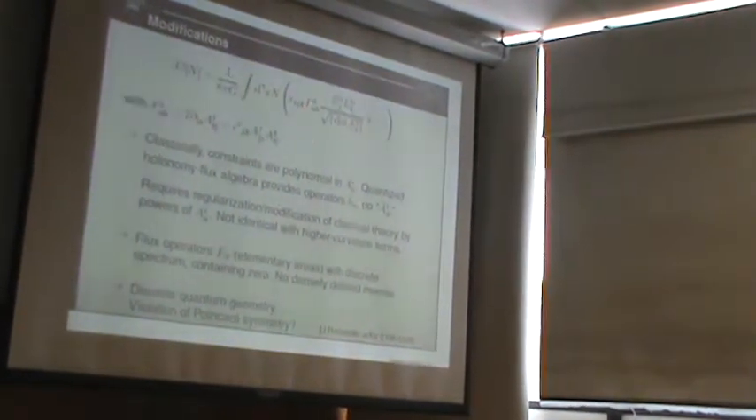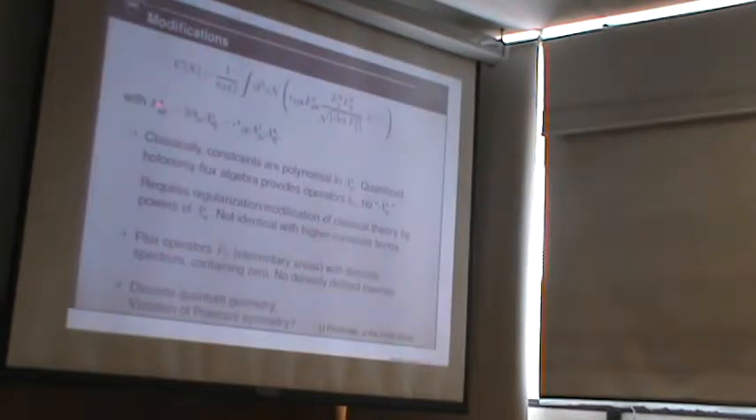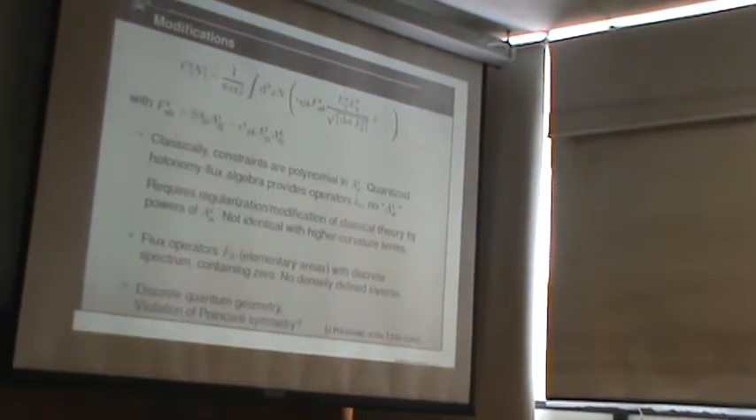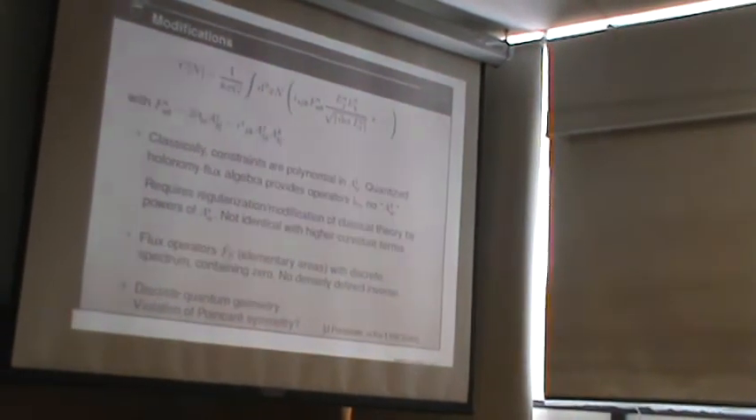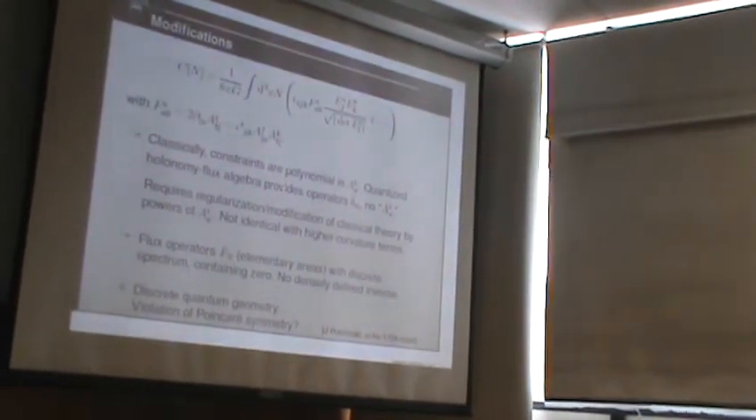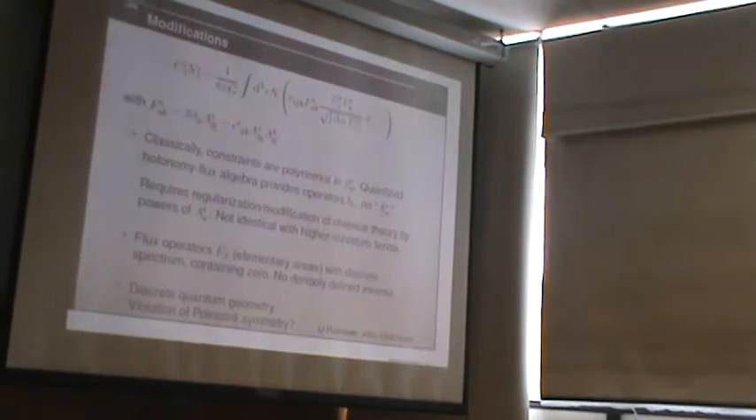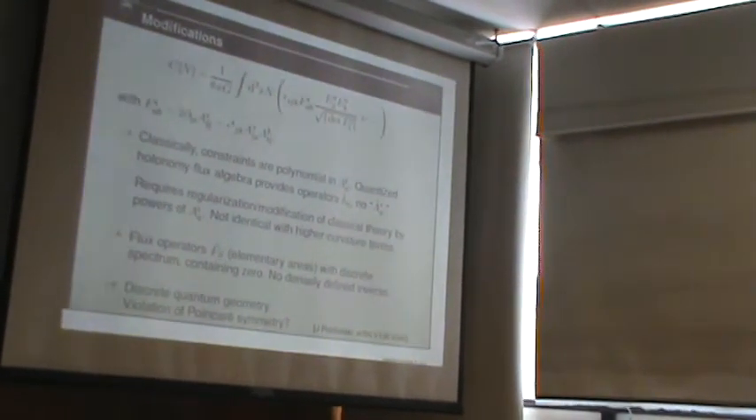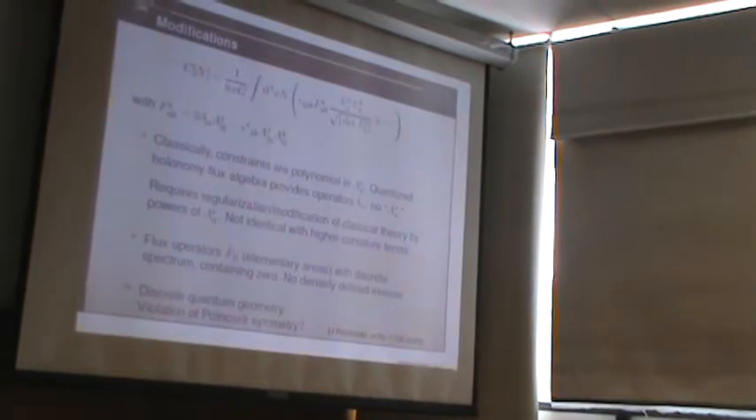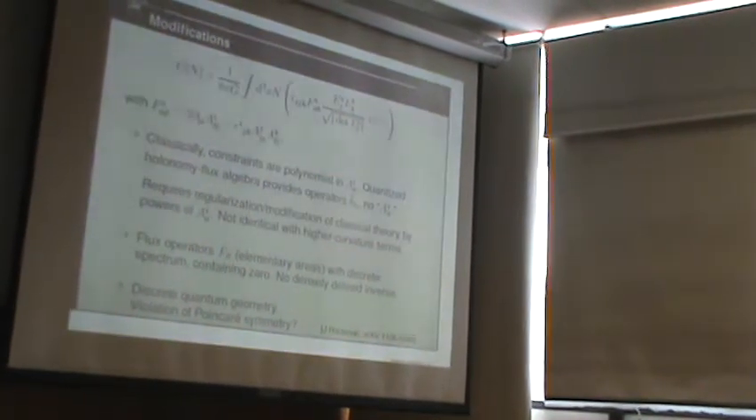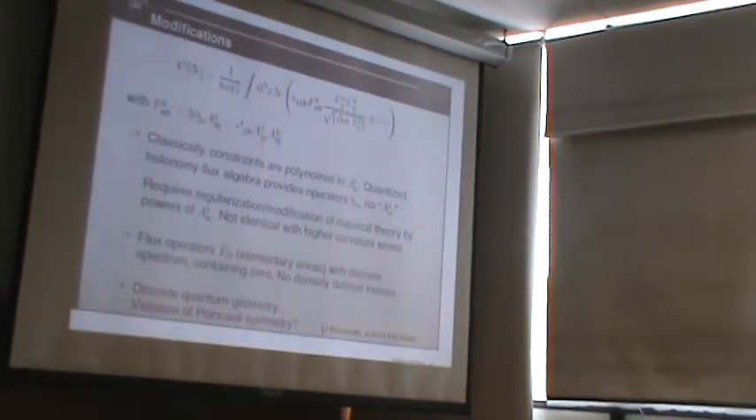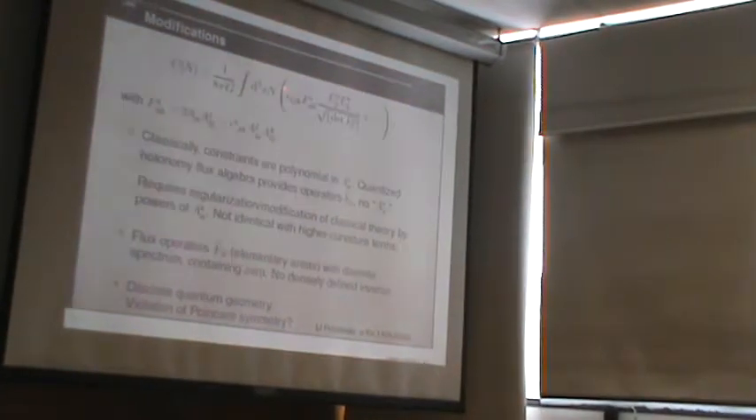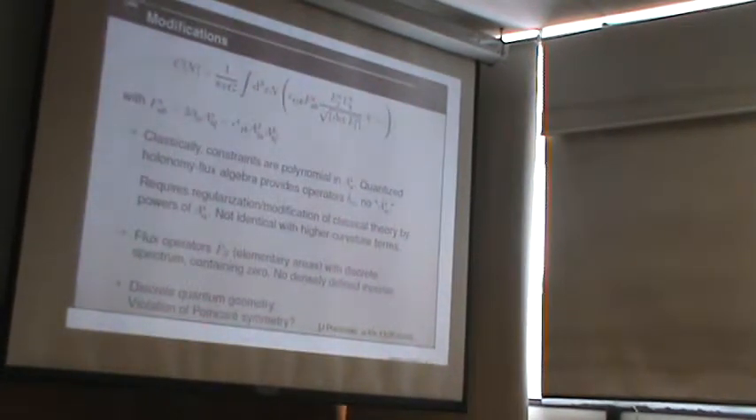So classically, it's quadratic in the A's. It's non-polynomial in E, but quadratic in A. But we need exponential functions to use our holonomy operators. So that requires something which is sometimes called regularization and sometimes modification, because regularization is a more general procedure. So it happens quite often that you have operators which don't exactly match the behavior of your classical expressions. So you would have to modify the classical functions